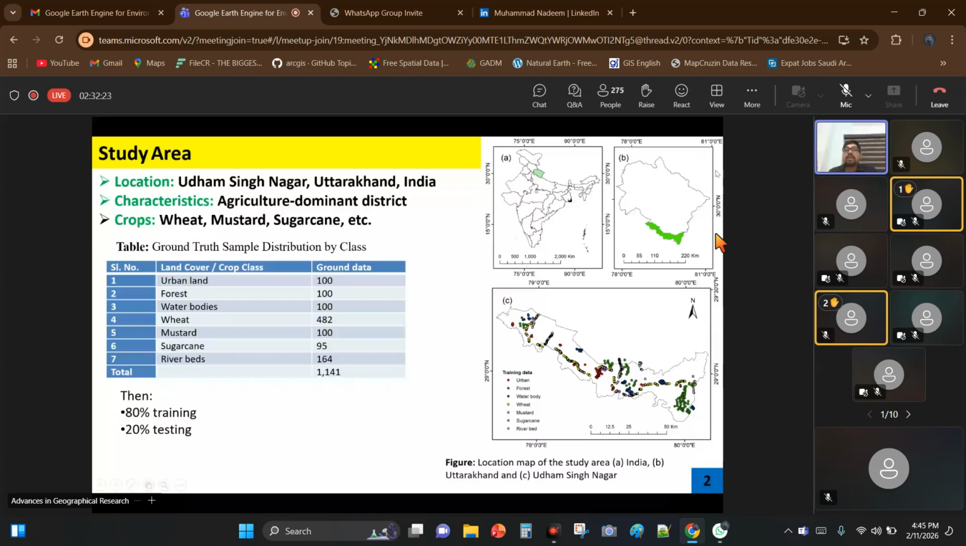You should prepare it like this. This is not the Google Earth Engine view. I have probably used ArcGIS. You can use QGIS or any desktop GIS for preparing this type of map. So you can see the training data: urban, forest, water body, wheat, mustard, sugarcane, and river bed. I have collected this from field survey and divided the data set into two, 80% for training data and 20% for